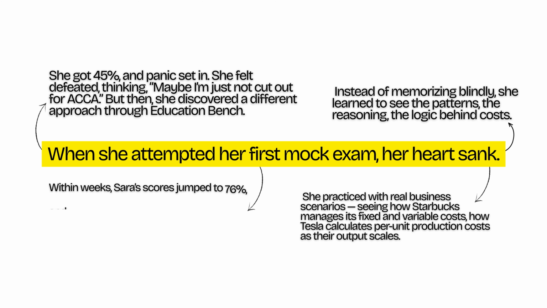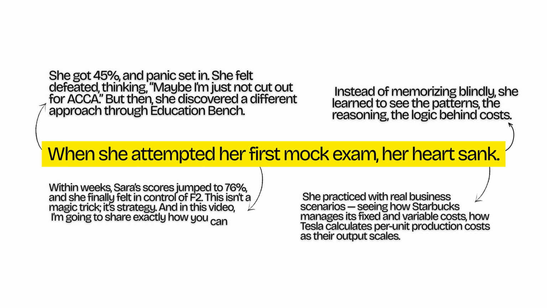Within weeks, Sarah's scores jumped to 76%, and she finally felt in control of F2. This isn't a magic trick, it's strategy. And in this video, I'm going to share exactly how you can do the same, the roadmap to passing F2